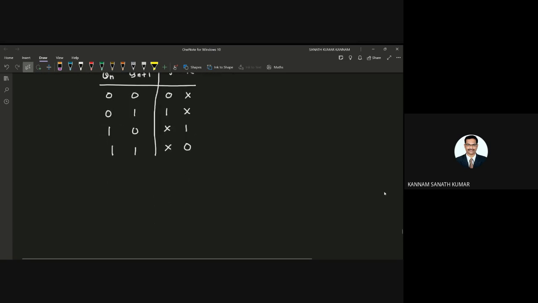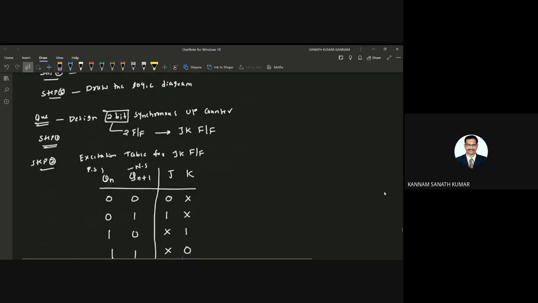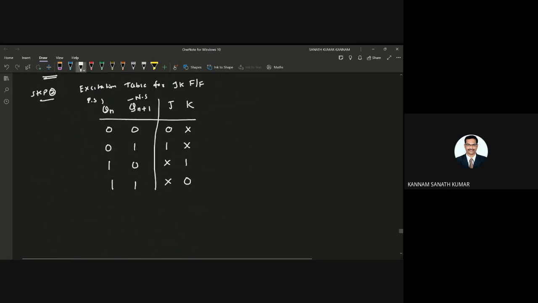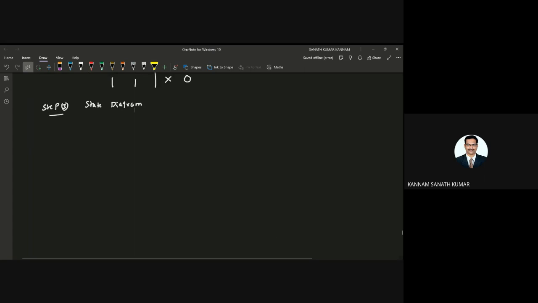So you got the excitation table, and after getting the excitation table, you need to draw the state diagram. Step 3 is you need to draw the state diagram. So you see the state diagram. Here this is the present state.